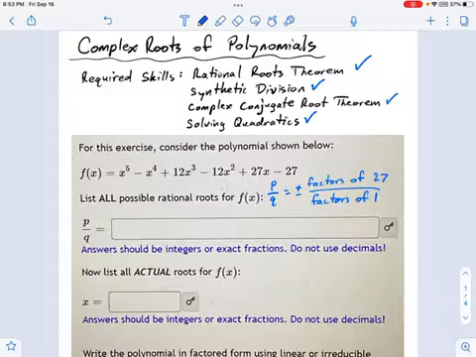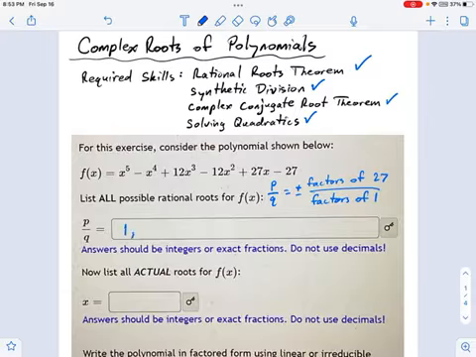But let's start off with what does look like a very clear rational roots theorem part. This p's over q's thing. I want to know what are all the possible roots. Not the actual roots, just the possible ones. So what you do is you say all the factors of 27 divided by all the factors of 1. And that's pretty easy because factors of 1 is a limited set. So we just say, really, what's the factors of 27?